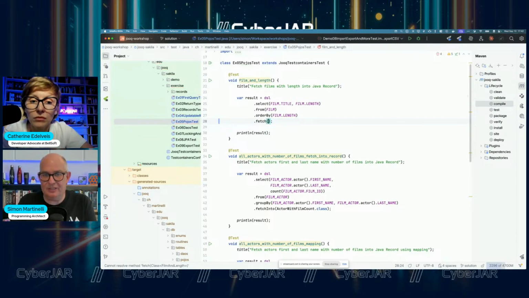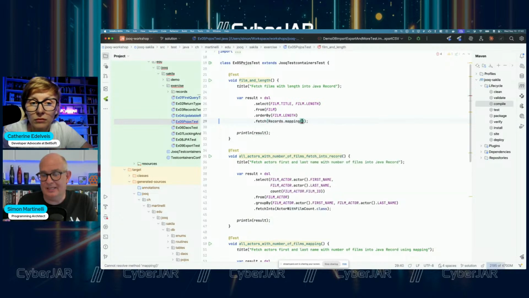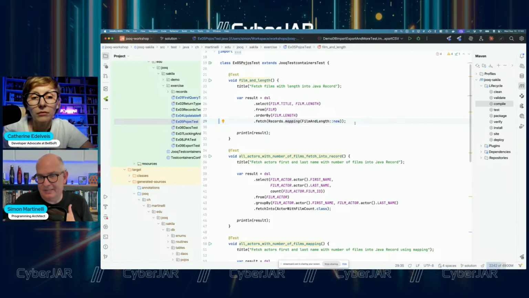But with fetch, you can use a mapping. So here we have kind of a mapping and say, okay, create a film. And with this mapping method, I can pass, in that case, a static reference to my constructor.